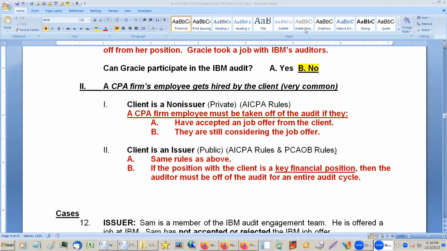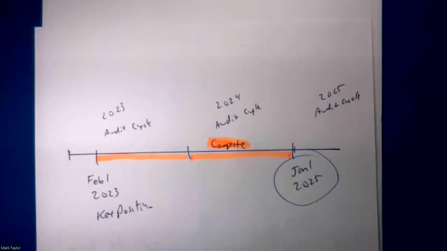Now, by the way, this is one of those things that I always thought was going to get thrown out in court because it limits somebody's ability to make a living, and there's a lot of law based on, you can't keep me from making a living, and this is one of those things. But it hasn't been thrown out.